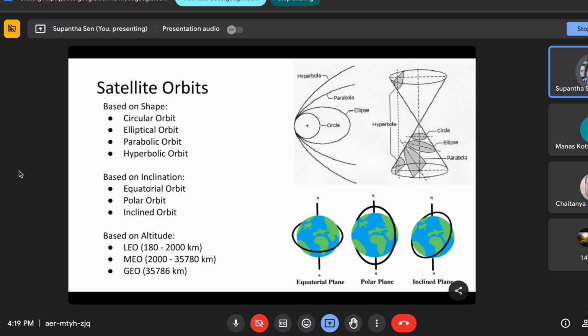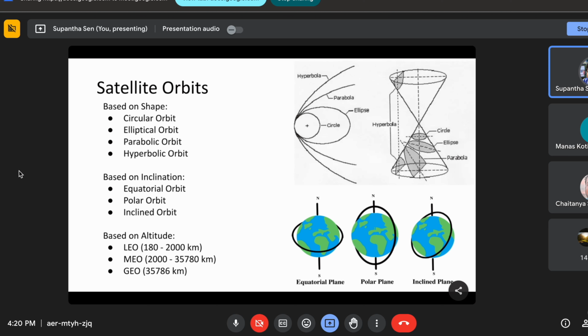As I told, if you want a satellite to view the whole of India, or a very big region, and every place should have the visibility of the satellite, then it should be put in GEO. The GEO orbit altitude is 35,700, so around 36,000 kilometers. LEO and MEO are also there.